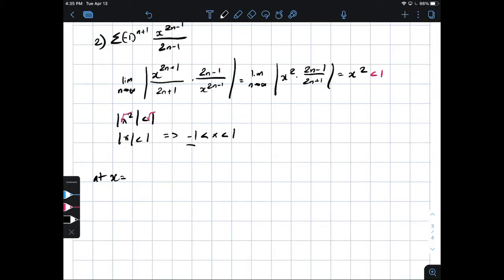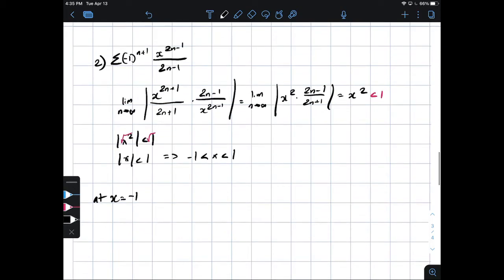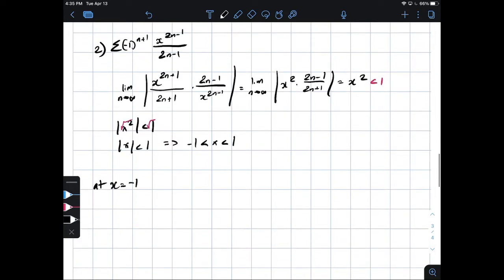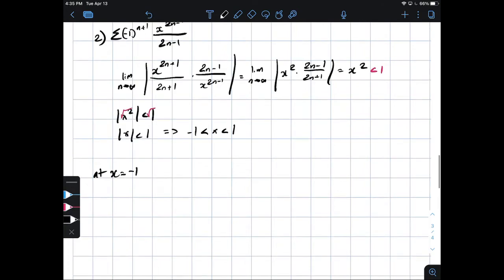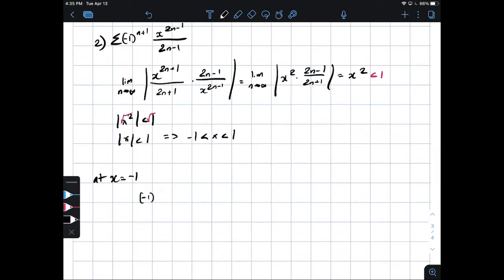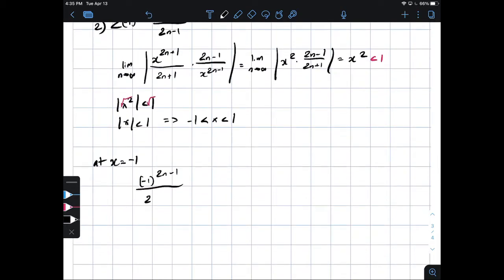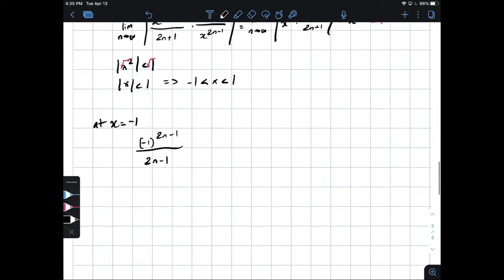So at x equals -1, we're going to essentially plug in our value. So it would be -1 to the 2n minus 1 over 2n minus 1, and that would be, now we're going to take